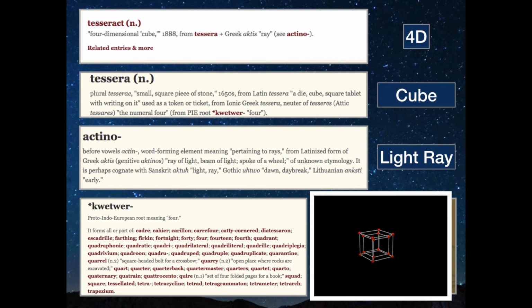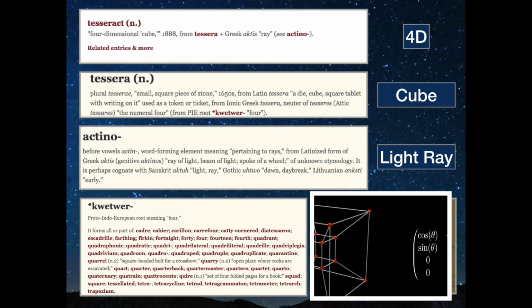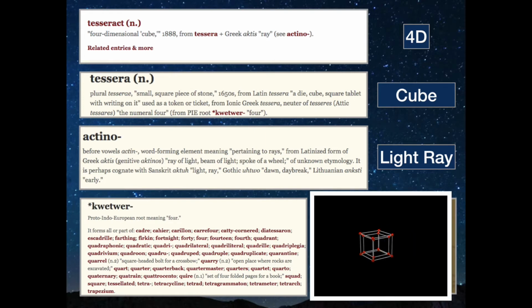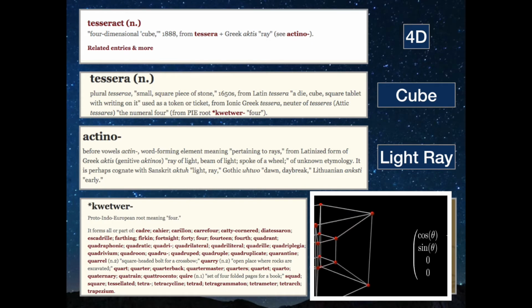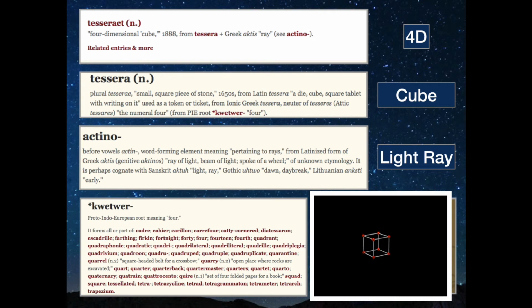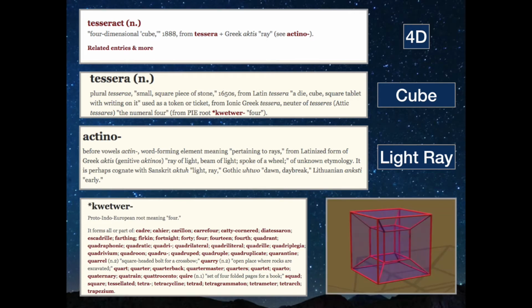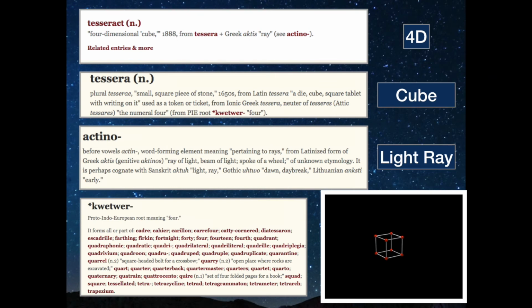a beam of light. Tesseract also sent me back to quatuor, which we looked at before, which is different forms of four, basically quadrant and quadrilateral, every way you could imagine putting quad into a word. So basically what I've found, this is my own research here, is that when you break down tesseract, it basically means, etymologically, a four-dimensional light ray cube,